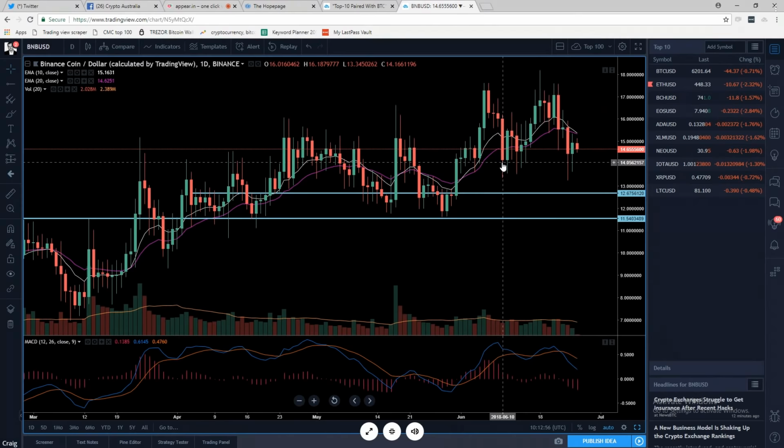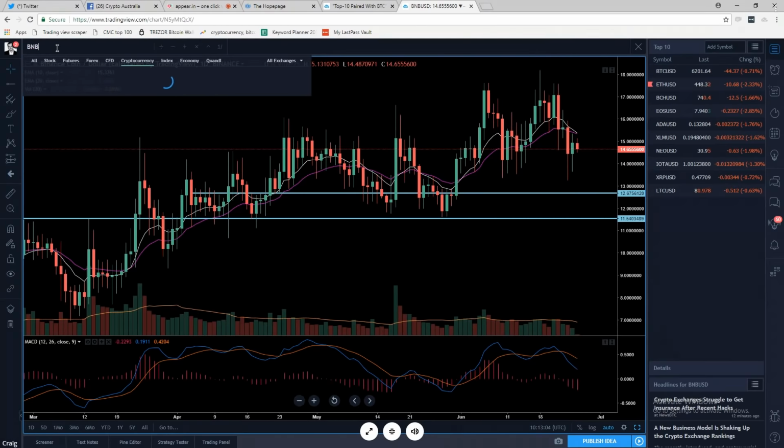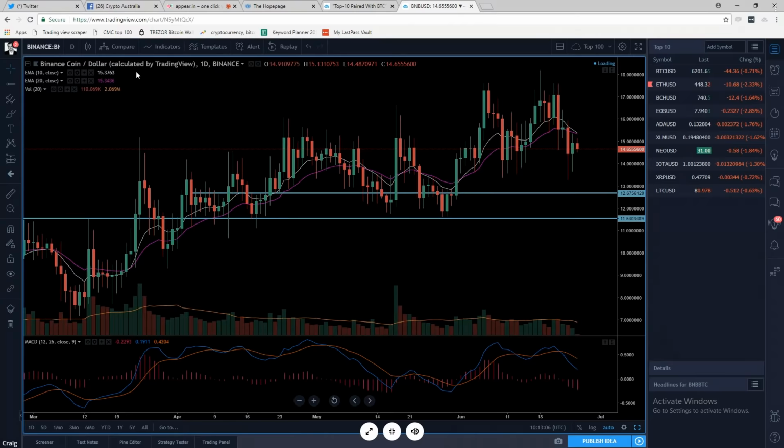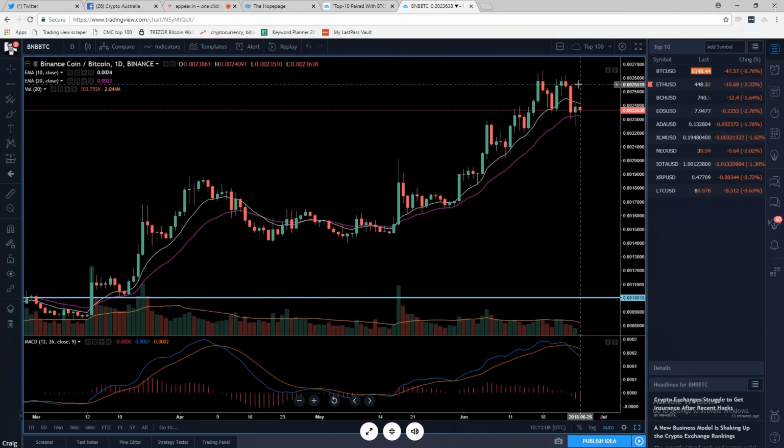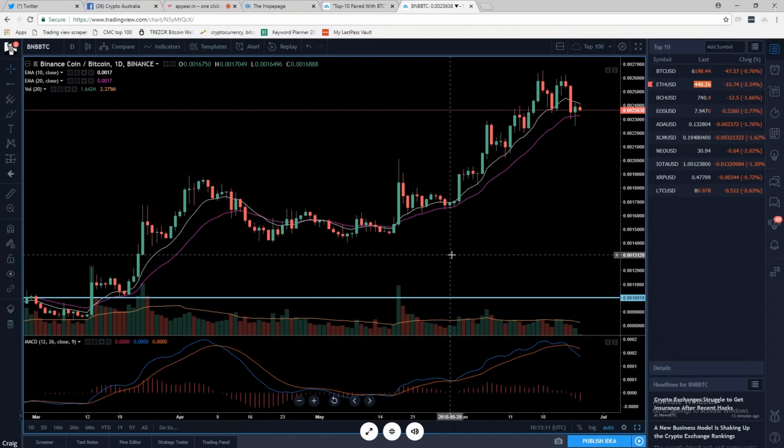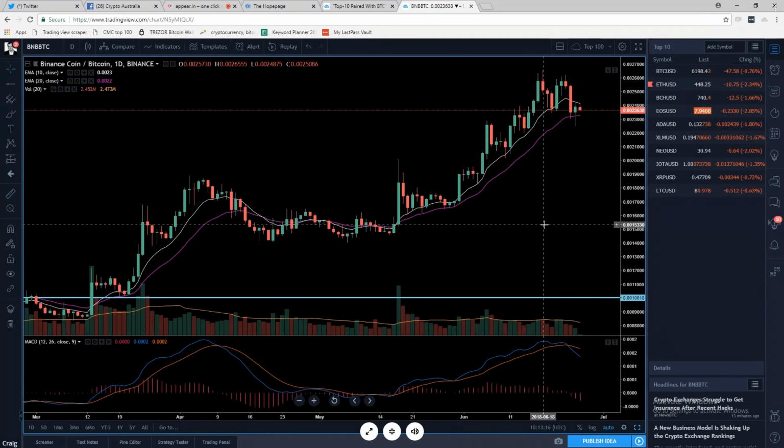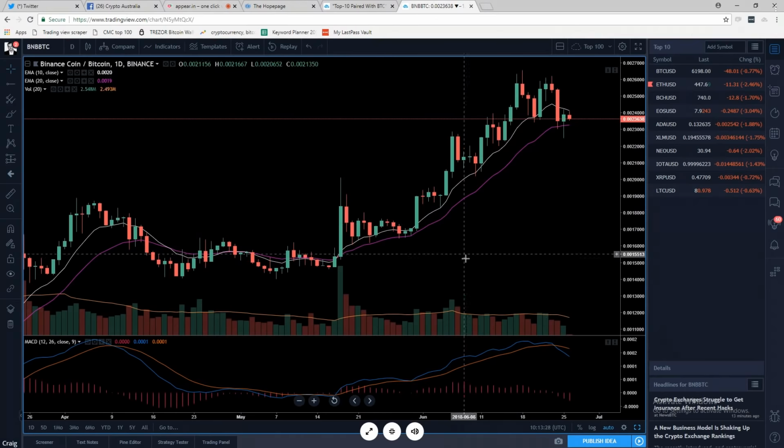Now, I typically will scan the against dollar pairs and against Bitcoin. So I just want to show you against Bitcoin because I found better chart structure, as you can see here. Of course, if we're looking to build our Bitcoin stack, this is the perfect way to do it. If we're looking to even just make dollars, then there's also the opportunity of doing that. We just hope that Bitcoin remains relatively still because we can still bank our profits in Bitcoin, then sell Bitcoin back to Tether or whatever we want to do, however it works. Yep.